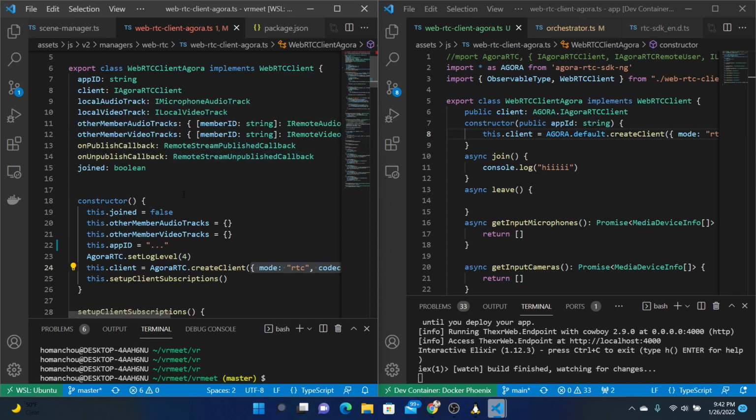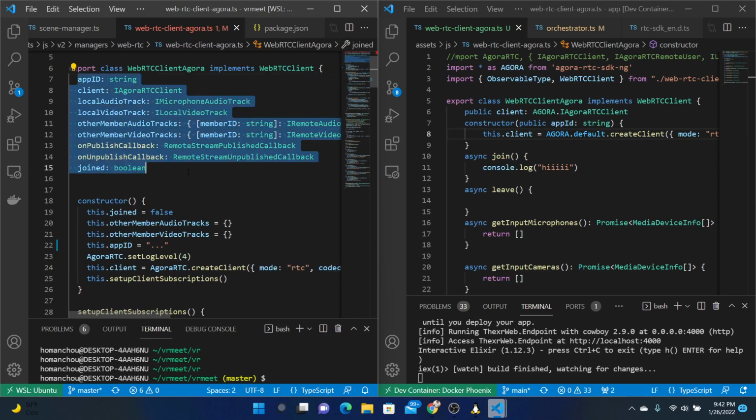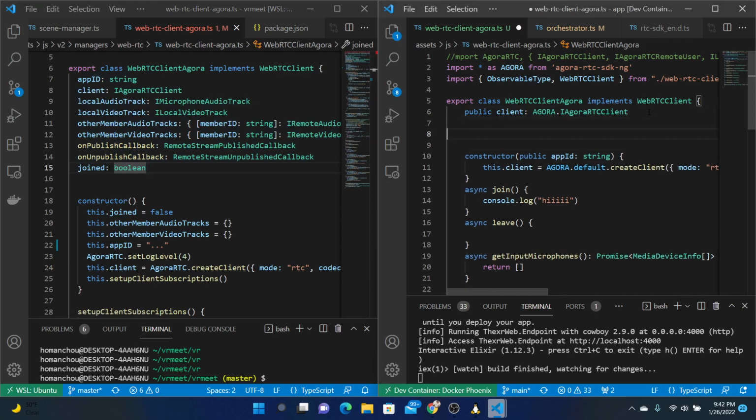On publish callback, on a remote stream, on publish callback. Okay, we'll copy all of this. Put this into the